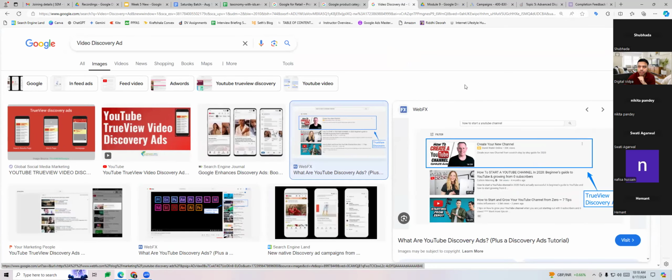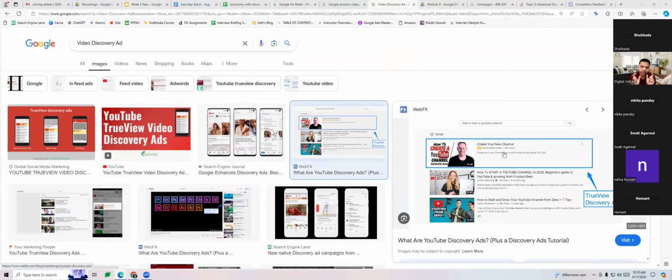Like when we are searching for videos on YouTube, on the search page of YouTube, on the top of the page, you will see ads appearing like this, where half of it is a video, half of it is text. So they have taken a video, they've taken a text and clubbed it together, and the whole thing is one ad.